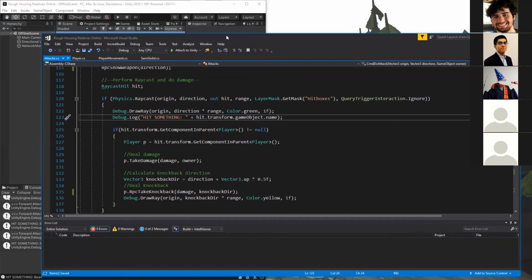Oh, it needs to be named hitboxes? Yeah. With an S at the end. Maybe that fixes a lot of people's issues. Probably. Okay. That might well do it. So okay, yeah, that exactly. Okay. Capital H, hitboxes.